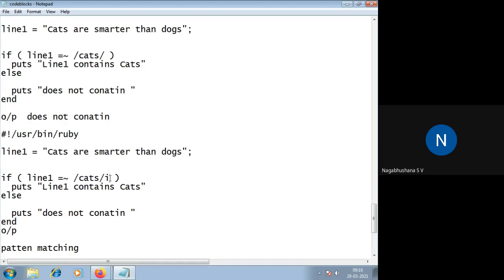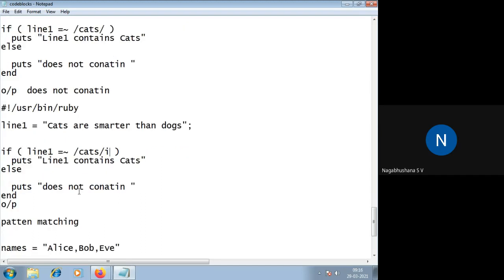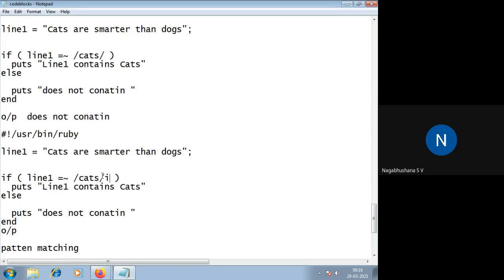The third example. In the same example, if you just write I here, what will the output be? Here you can see cats, C is in capital letter, but I am trying to find the pattern, and I am writing a C in small case. In the second example, C was a small case letter but the output was does not contain.